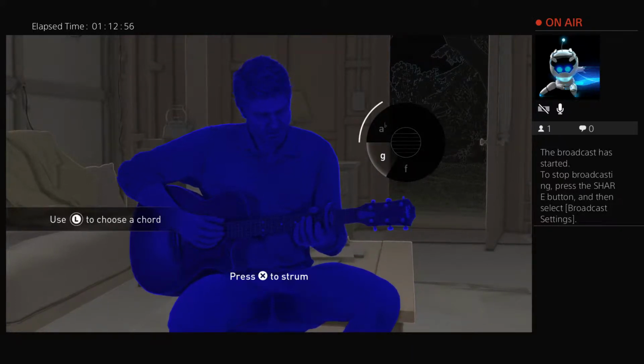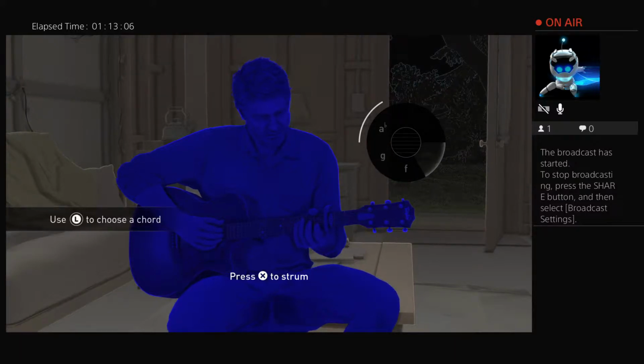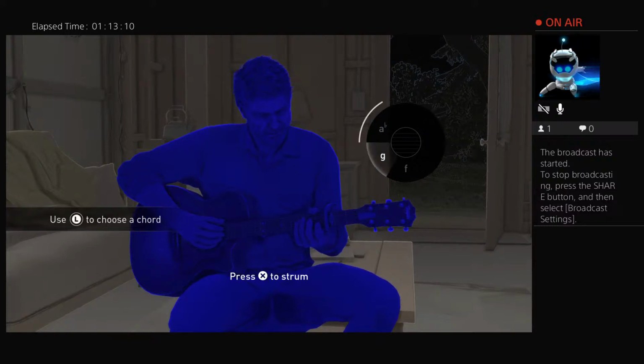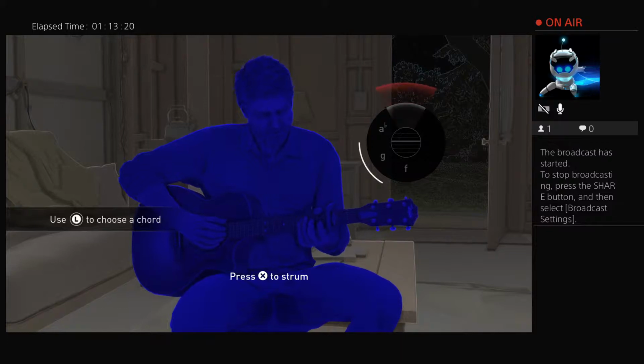But there's no way to play it because it doesn't tell you which chords are highlighted. Like I said, it'd be nice if there was some kind of rumble feature for when you switch to a different chord, because I can hear switching to a different chord. So having that rumble feature, that'd be kind of cool. But I guess